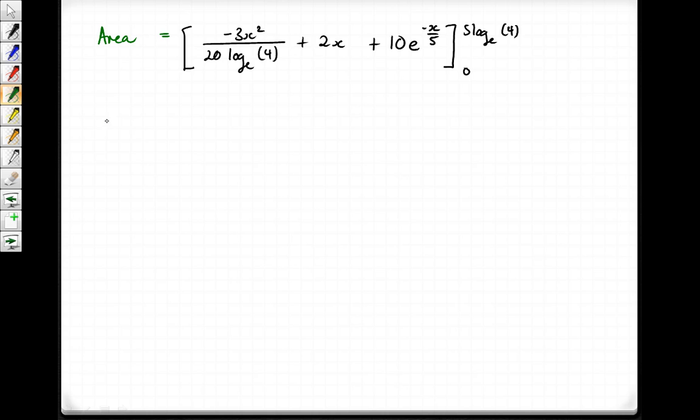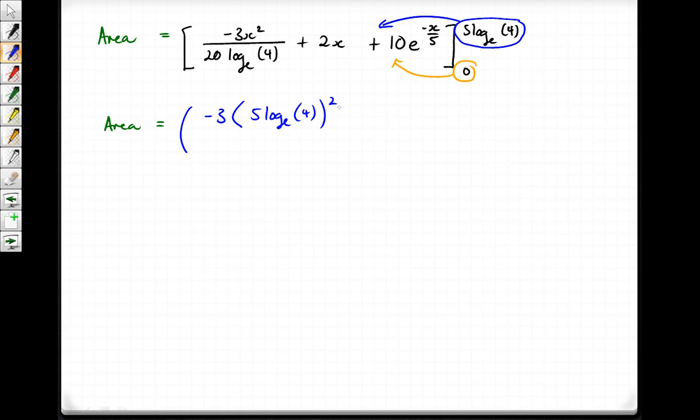So again, our area is just going to be equal to substituting in the blue to here, and then substituting in the green, might do this in orange, doesn't really matter, substituting the orange into here. So that's just through the fundamental theorem of integral calculus. So subbing in 5 log e of 4, we get for the blue part minus 3 times (5 log e of 4) squared over 20